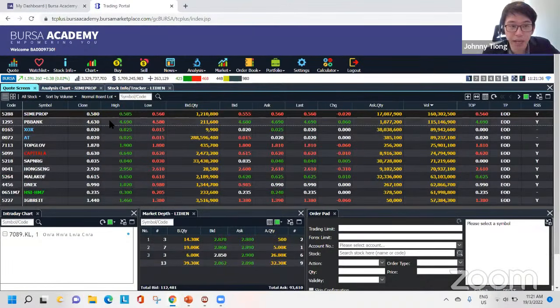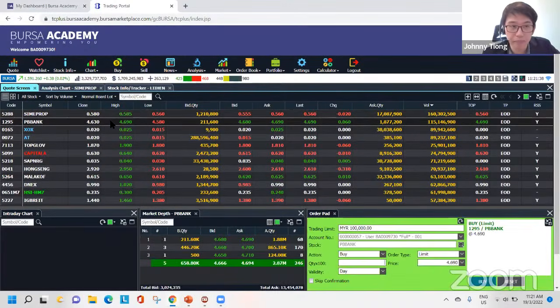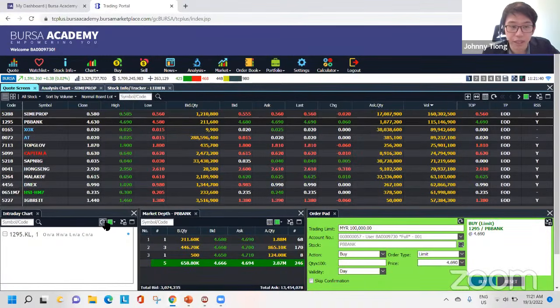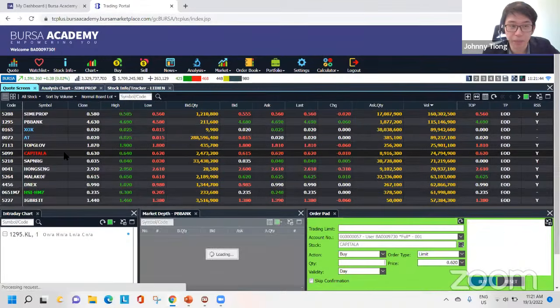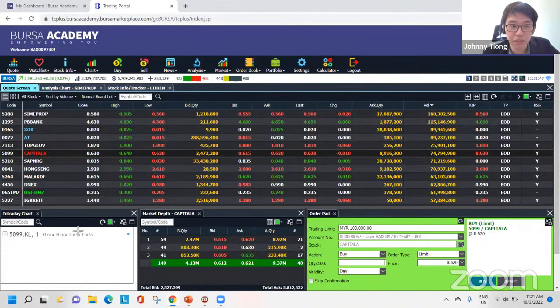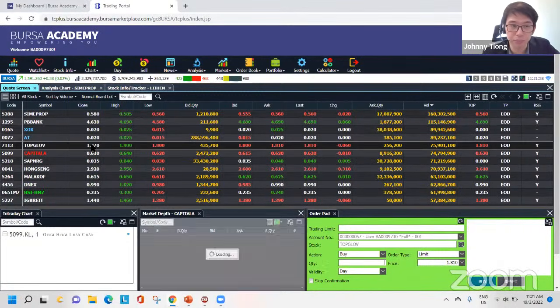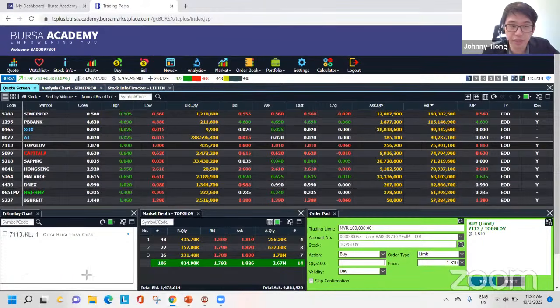This means whatever I choose in the main tab, it will follow. For example, now I press Asia, capital A. You see the chart here, and then also the market depth all change to capital A. Okay, and also the order pattern. Again, I press, for example, I choose top growth. I double click top growth. You see the intraday chart, all these are put in green color. Okay, so this is why the green is important.